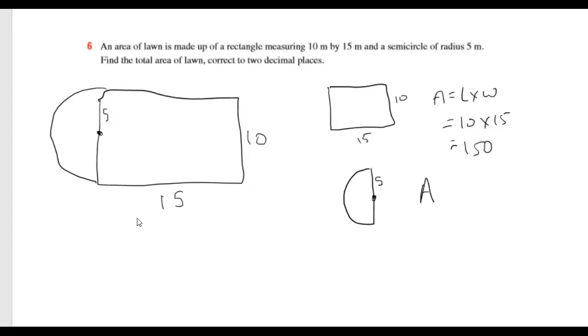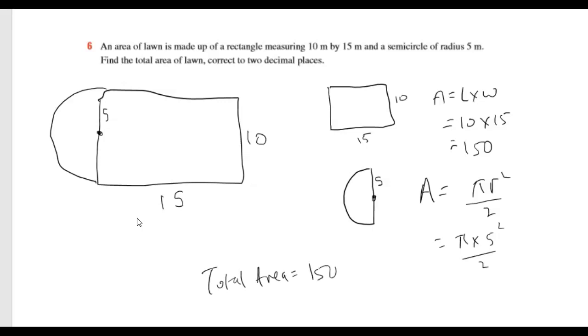And it has a radius of 5. So your area of a semicircle. Now, if you've got a full circle, it's pi r squared. And if you've got half a circle or a semicircle, it's pi r squared divided by 2 because we only want half of it. All right, and we'll just substitute the 5 in. So 5 squared over 2. And then we add the 2 together. So the total area